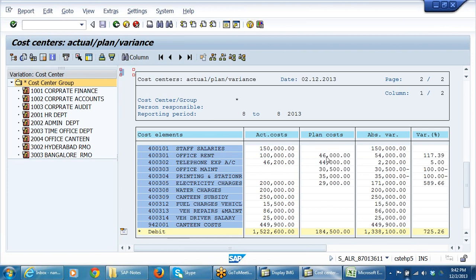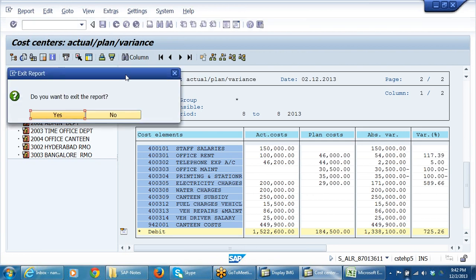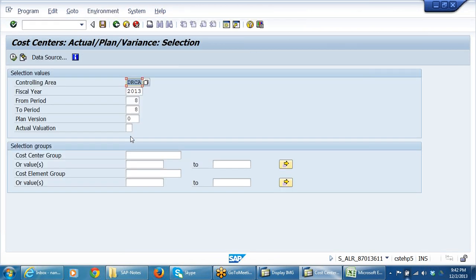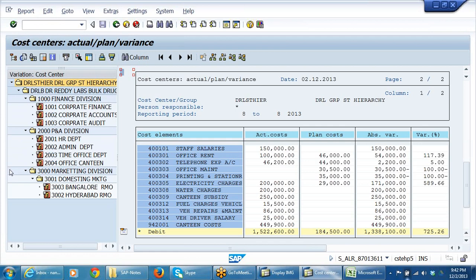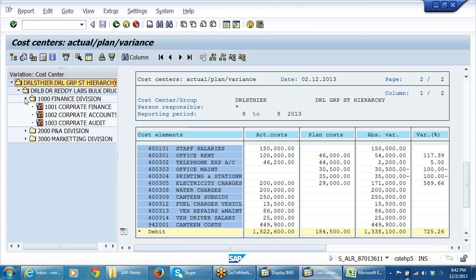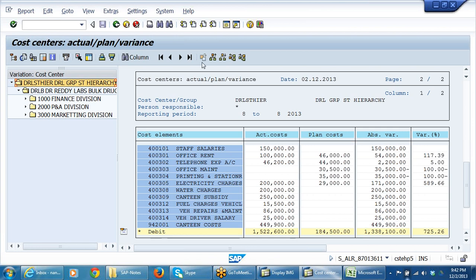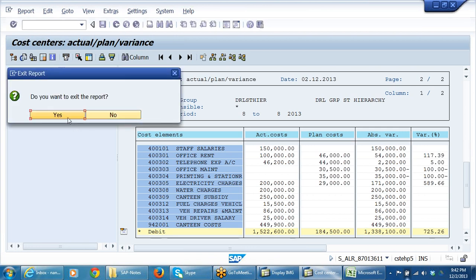Yeah, so cost center planning also we have seen. Cost center groups also, group wise reports, we have seen, right? So cost center planning, cost center wise reports, internal orders, budgeting, all those things we have seen. Now let us go through